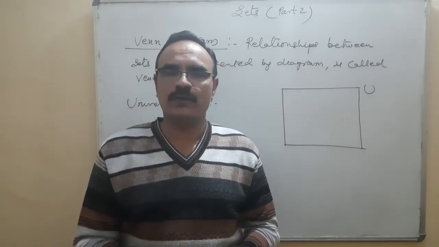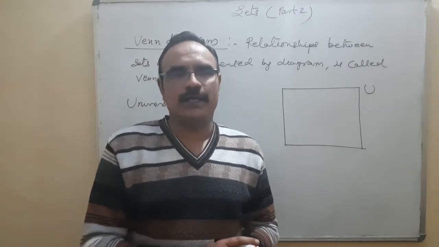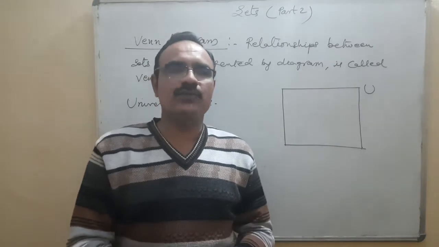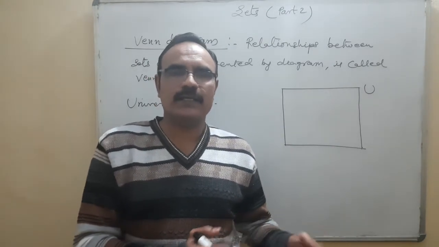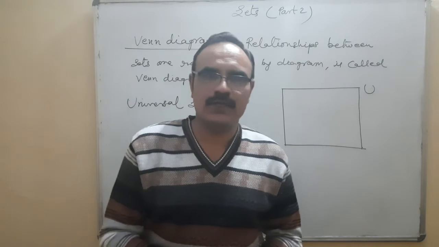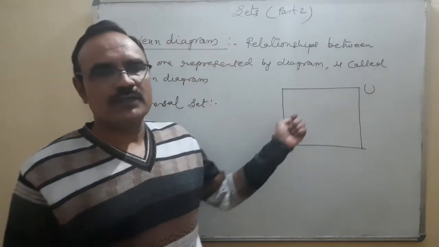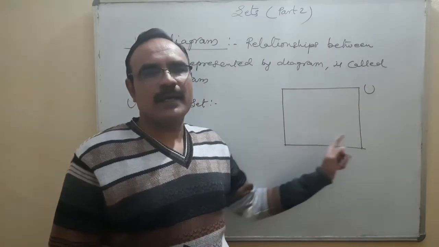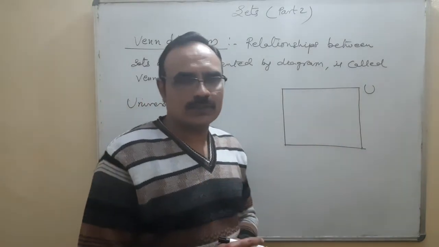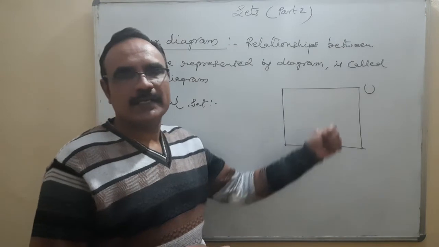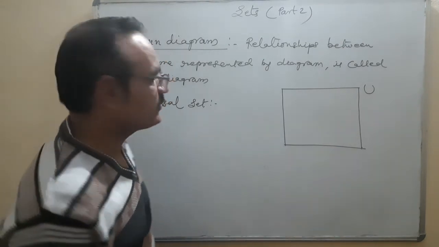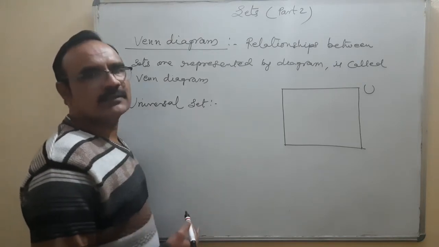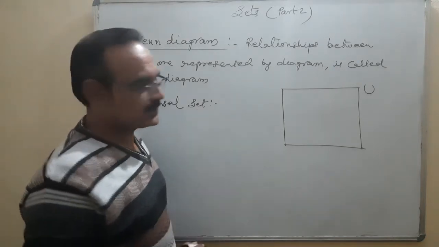Suppose we are talking about all the rivers of India. So the set of all the rivers of India is coming. That is called the universal set. That means it is the biggest set in the context of that reference. Universal set is generally denoted by a capital U, and it is represented by a rectangular box. Some subsets in it, let A, B, C be subsets of it. So what is a universal set? It's the biggest set in the context of reference.